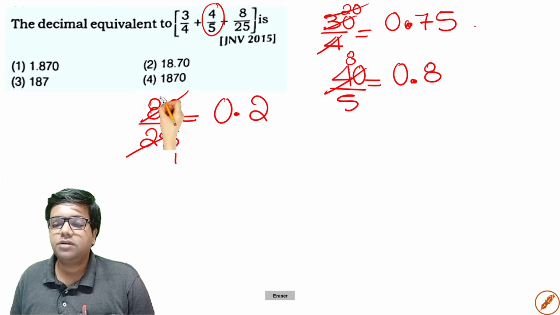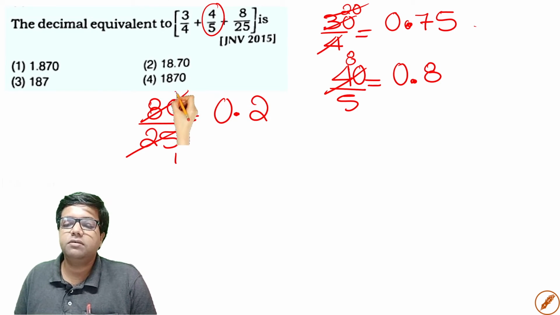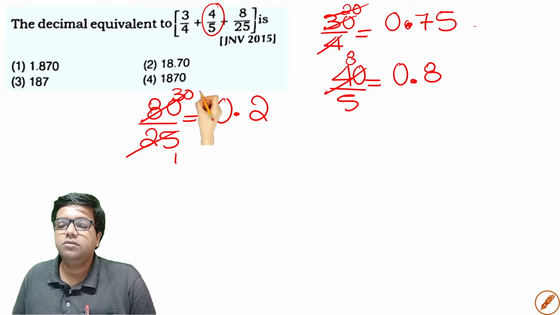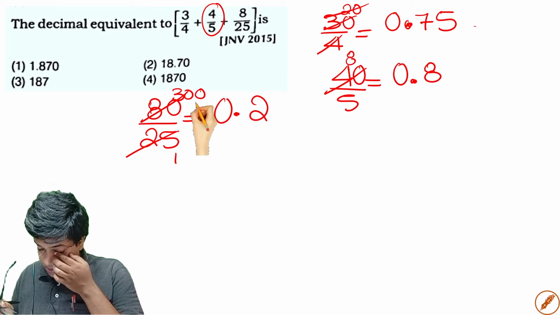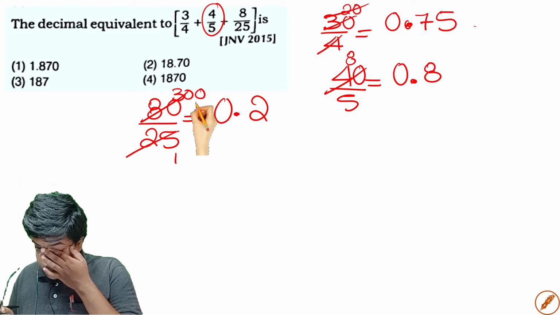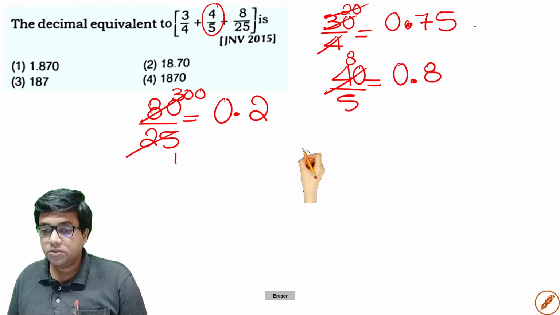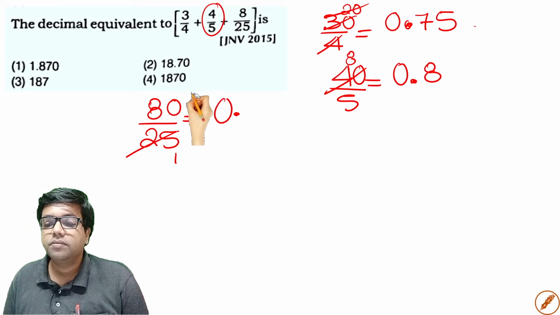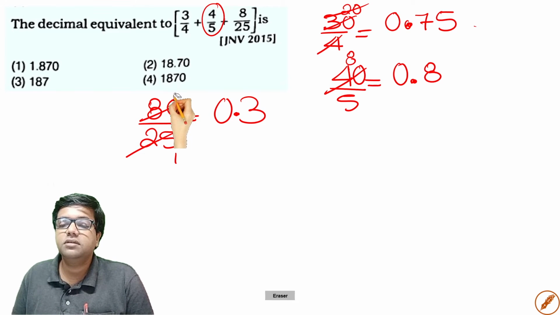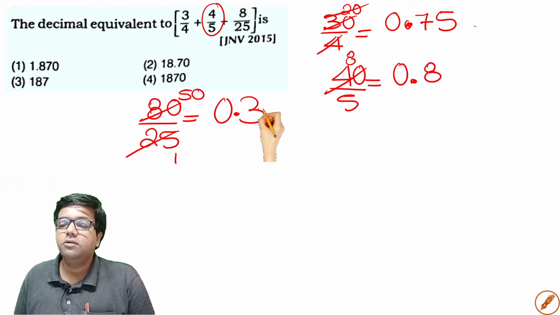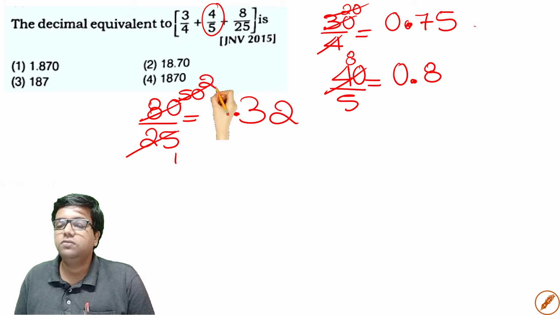And after that, subtracting 50, what are we left with? We are left with 30, right? You will keep one more 0. No, I think I can do it up to the third time, right? So 25 ones are 25, 25 threes are 75. So you are left with 5 here. So you will keep one more 0 here, and you will do 25 ones are 25, 25 twos are 50. So 2 will come here.